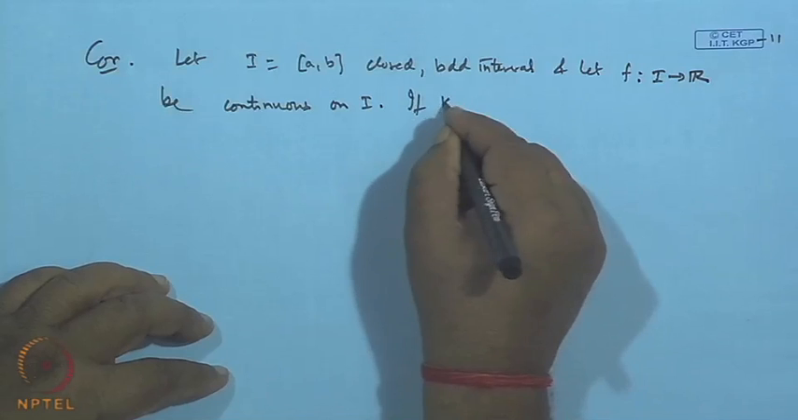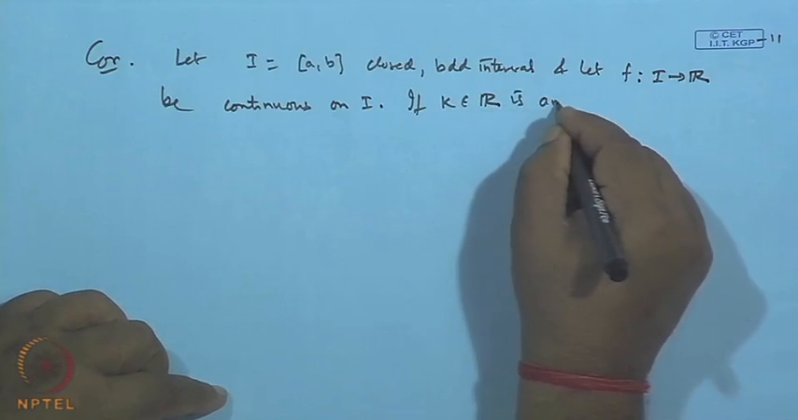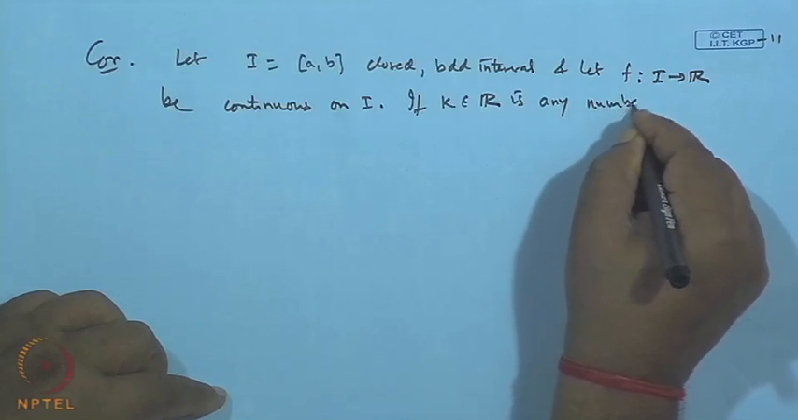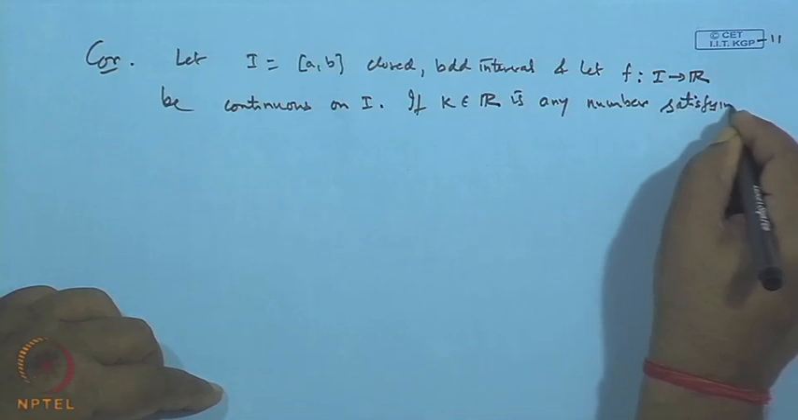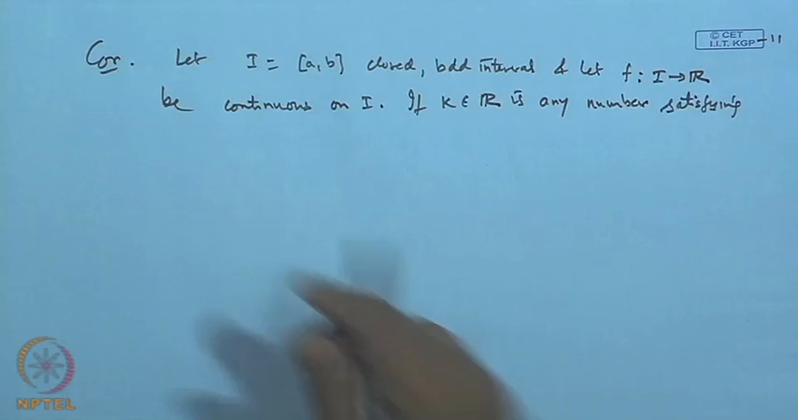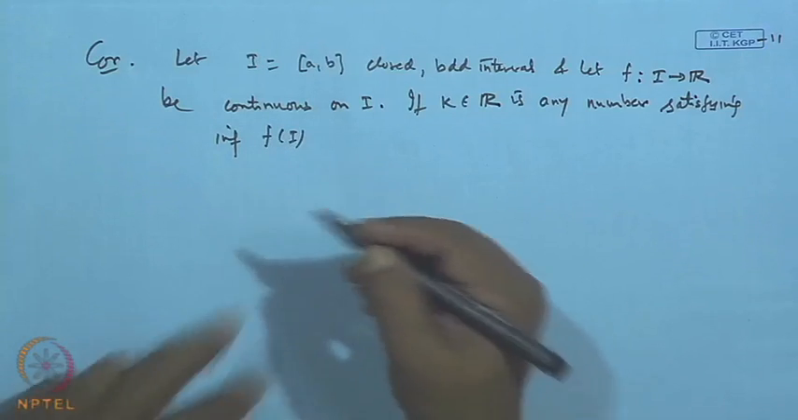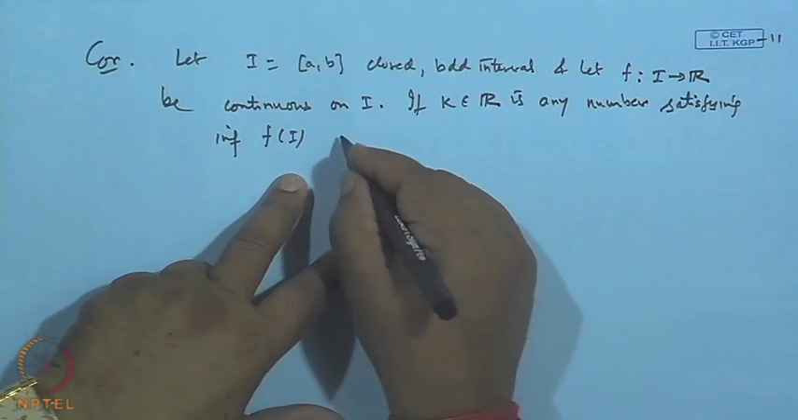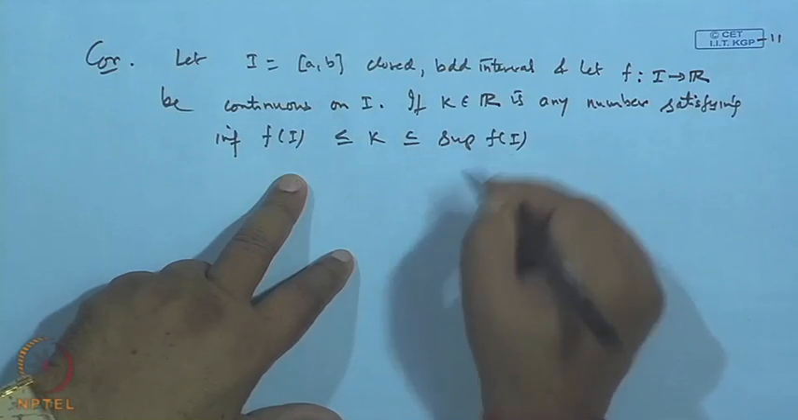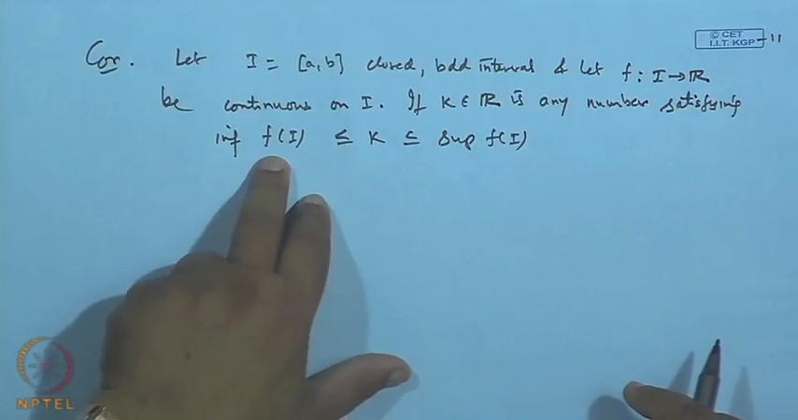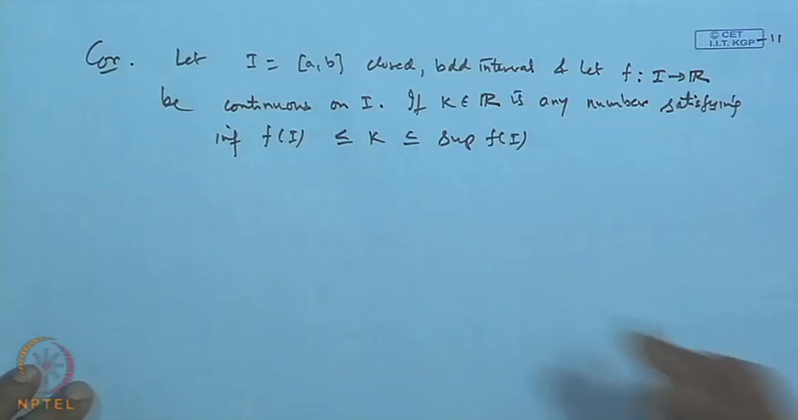Now, if k is in R, any number satisfying the infimum of f of I is less than or equal to k, which is less than or equal to the supremum of f of I, that is, the minimum value and maximum value. So k lies between the minimum and maximum value, then there exists